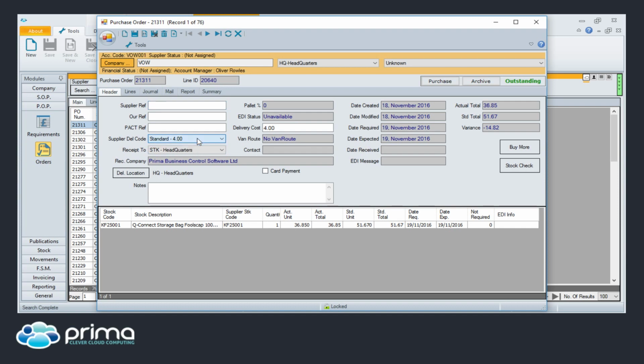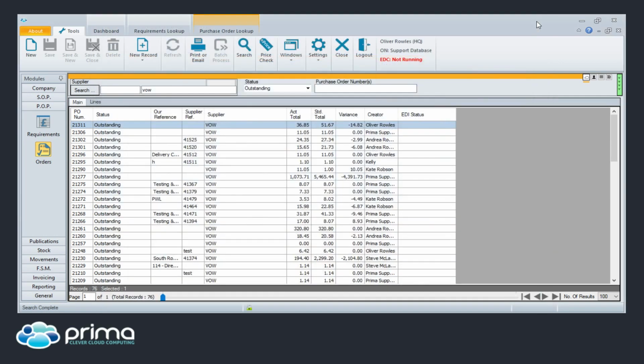So if, for example, we put the sales order through as a direct delivery, that'd pull through at the £5, and then that's hunky dory, and we're happy with that. So that's all pulled through, and then you go ahead and purchase it, and then all your delivery charges have been updated. So just to show you how it pulls through to the sales invoice. So that sales order we've done, we've authorised it, it's gone through the system for argument's sake. So if we go to